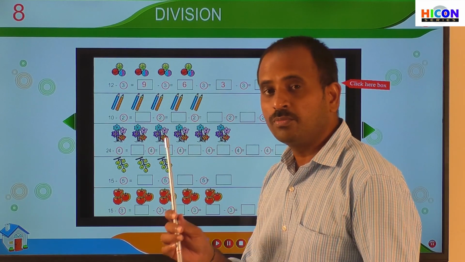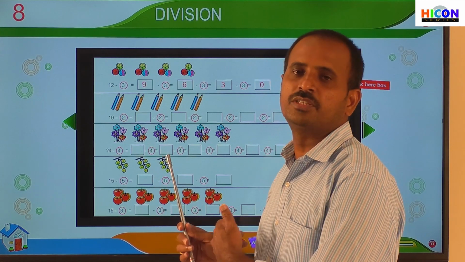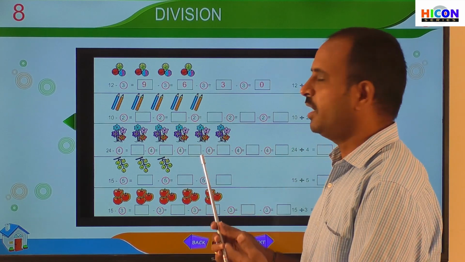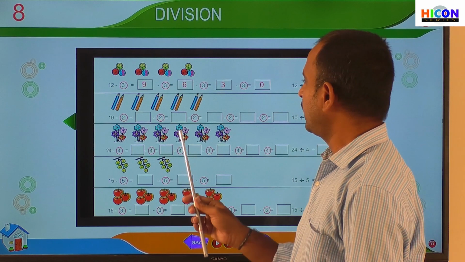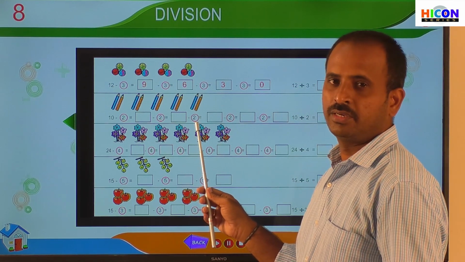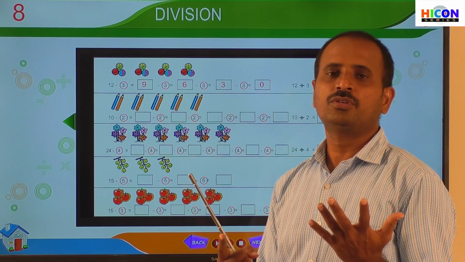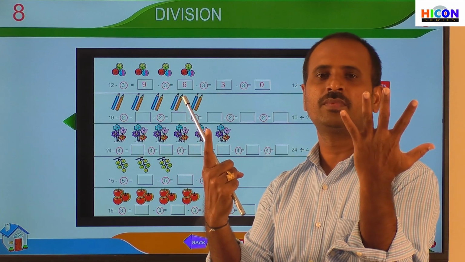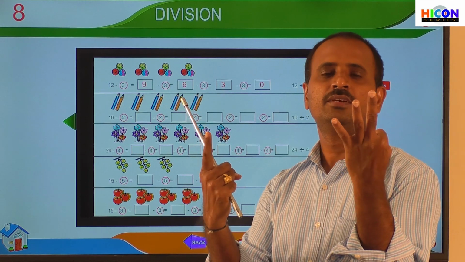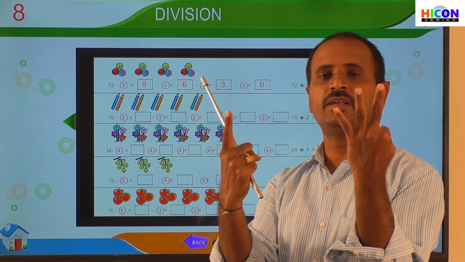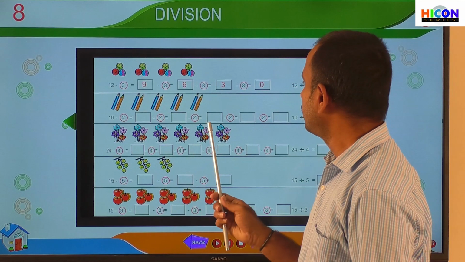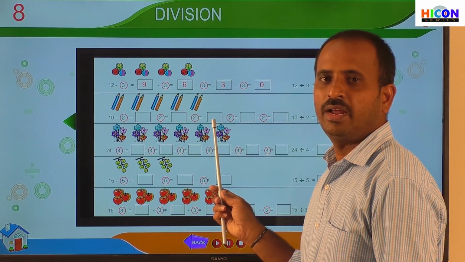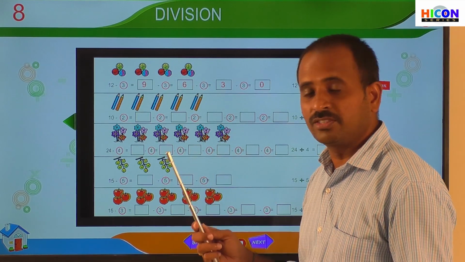How many times do we have to continue this process? We have to continue this until we get 0. So again subtract 2 from 6. How can you subtract 2 from 6? First open 6 fingers and close 2 fingers. How many fingers are remaining? There are remaining 4 fingers. The answer is 4. So the 4 is not 0.